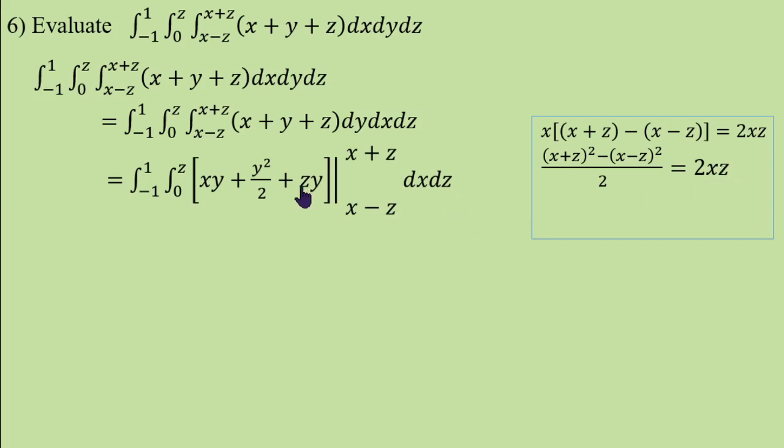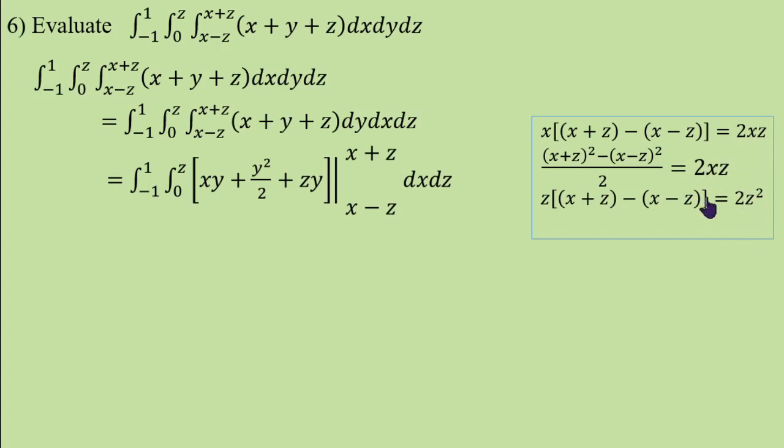And last one is z into y, z into x plus z minus x minus z. z minus minus z is 2z, x cancels, 2z into z is 2z square. Now sum of these three,